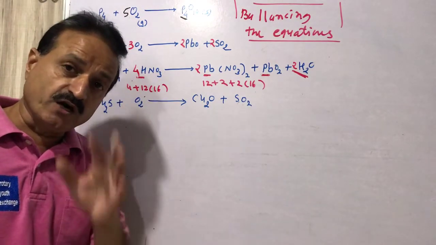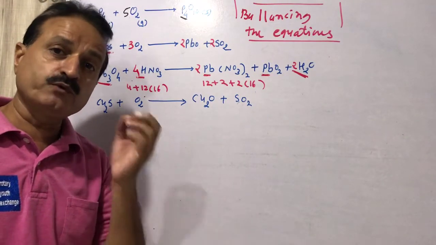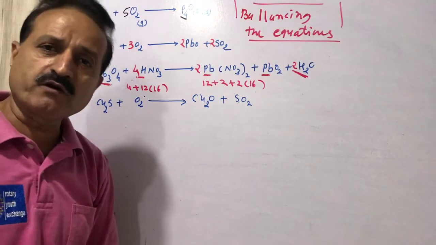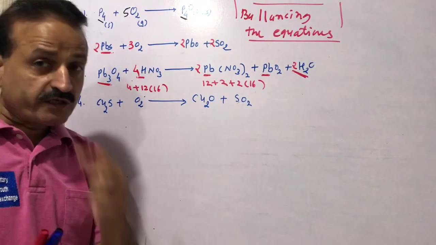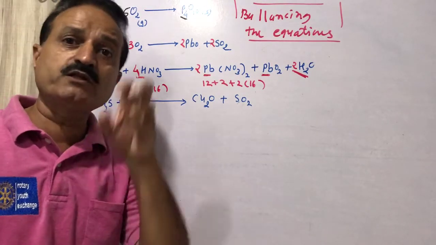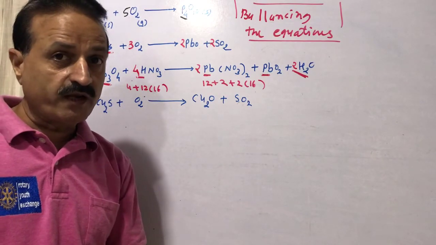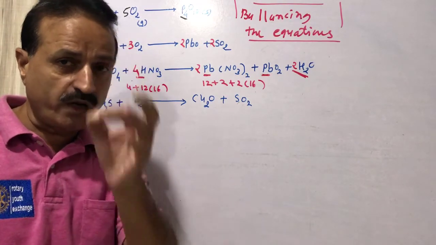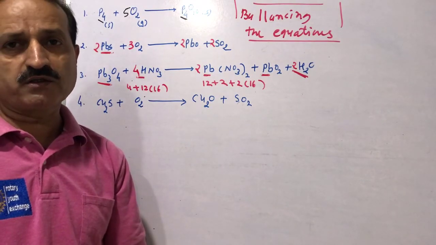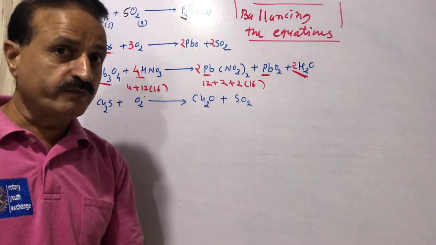You just write down the equation without balancing and try to solve it yourself. You must practice it. Without practice you cannot balance it. Till standard 10 you are remembering equation balance with coefficients. Now in 11th and 12th you must remember only the reaction, what the reactants are and what the products are. Equation balancing should be done by you.